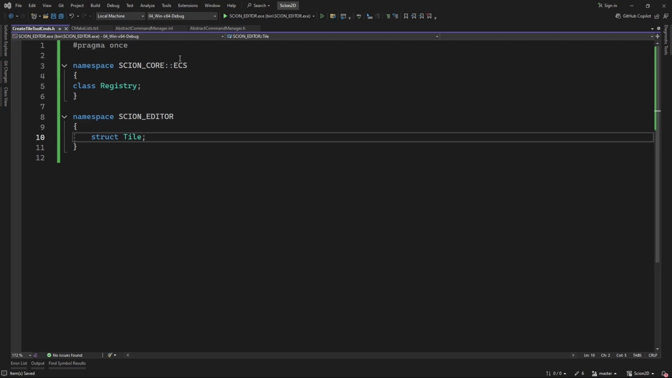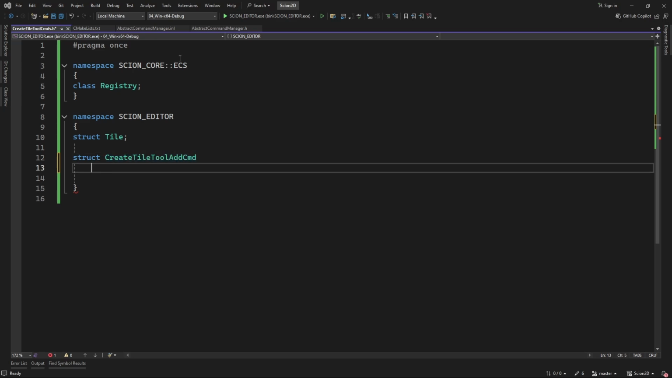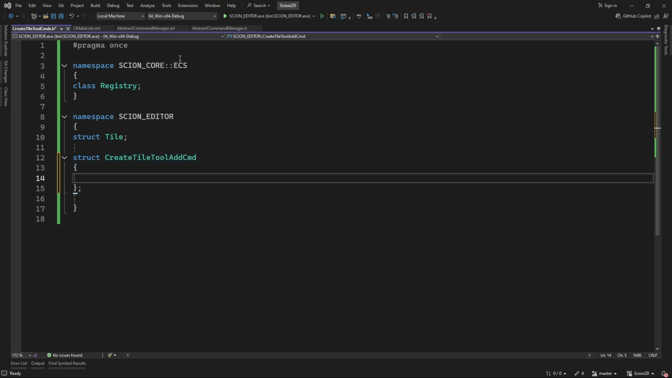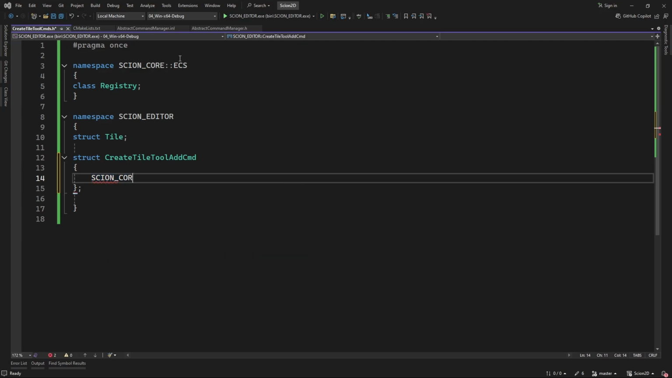We have used the tile before in the create tile tool and the create rec tool. And we're going to have a create tile tool command. So we're going to say struct create tile tool add command. So we're adding the tile. And what do we need? So we're going to need the registry. So we're just going to have a pointer to the registry. So Scion core